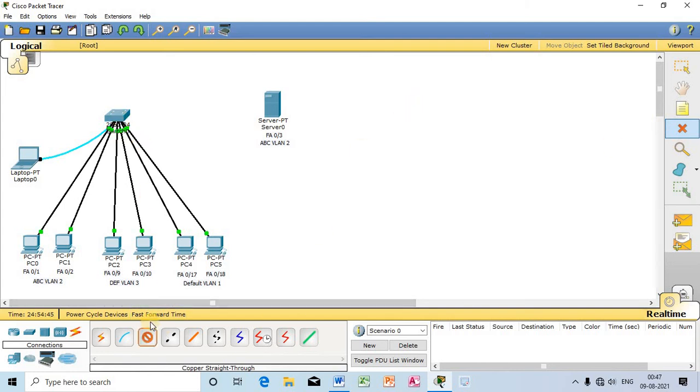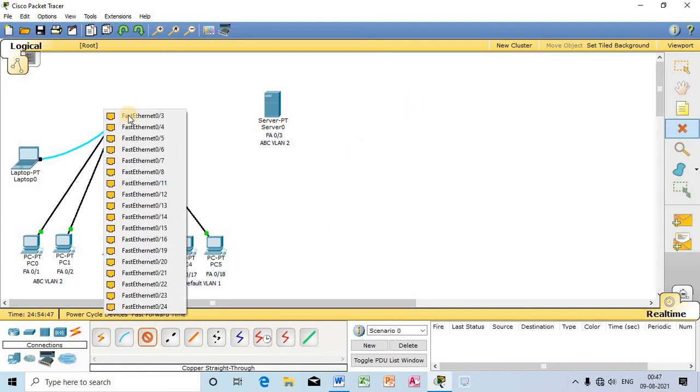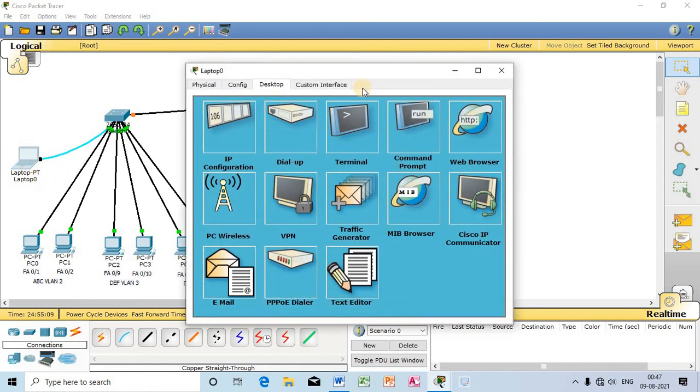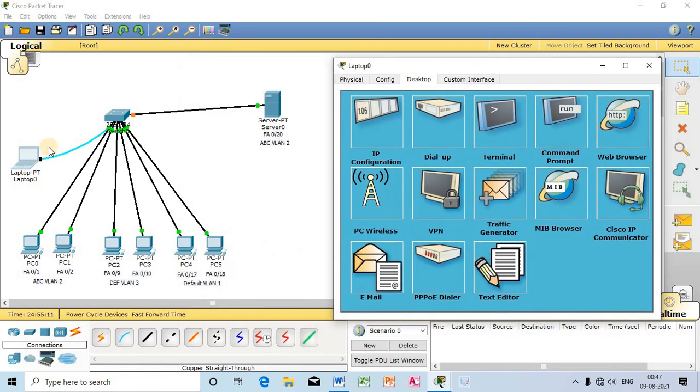I will take a straight cable and connect port 20 to the server. Remember, port 20 has been used for connecting the server. So we have connected the server to port 20. What I will do is open the terminal and access the Cisco switch.